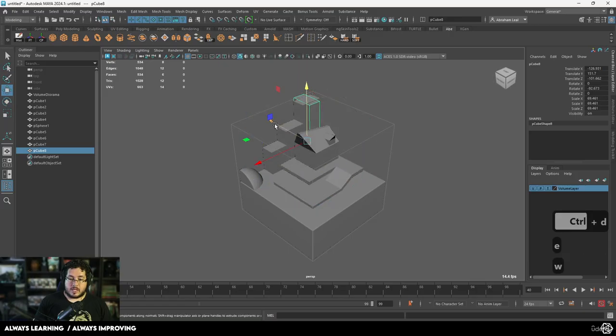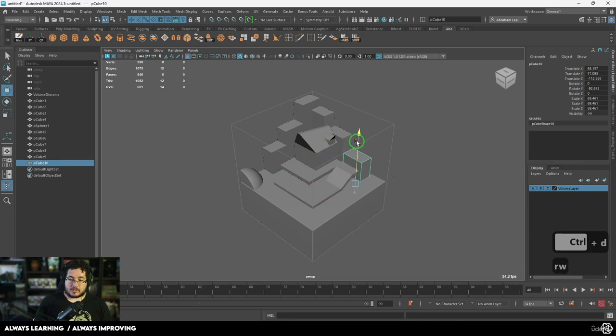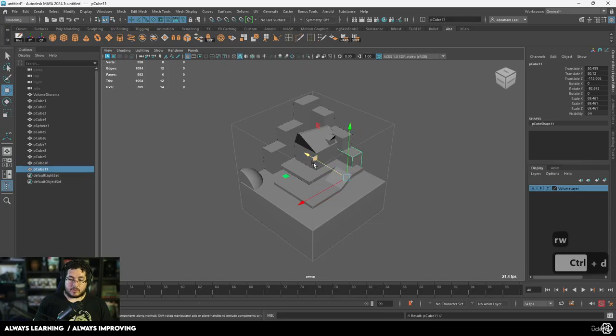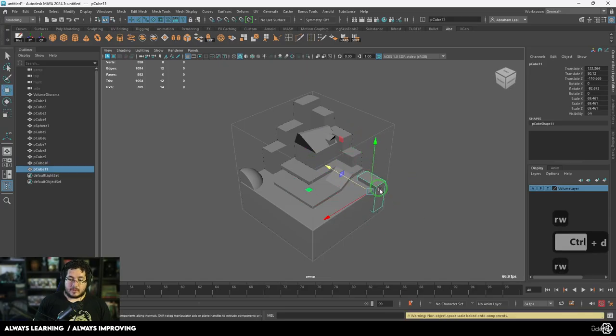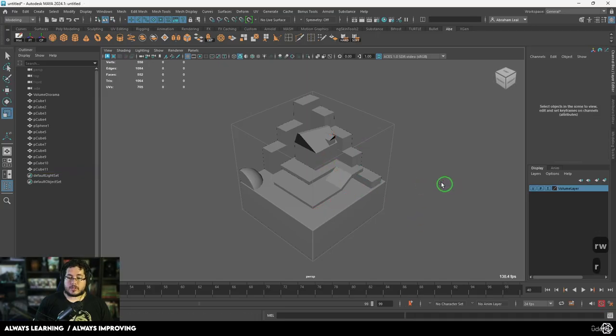Let's rotate this one right here. Push this one down. Duplicate, push it down. And as we keep going, we just create this very nice effect. Of course, let's start scaling them back so that they're not poking through the other side. And there we go. So as you can see, again, we're building a very, very basic blockout that's going to